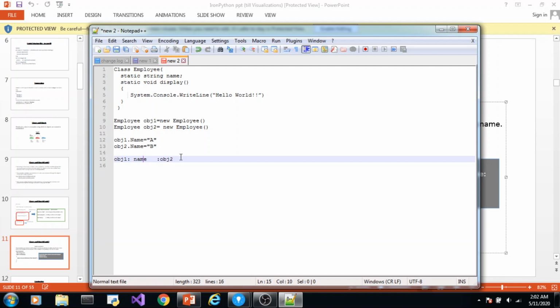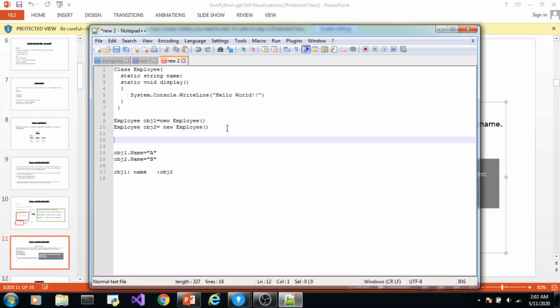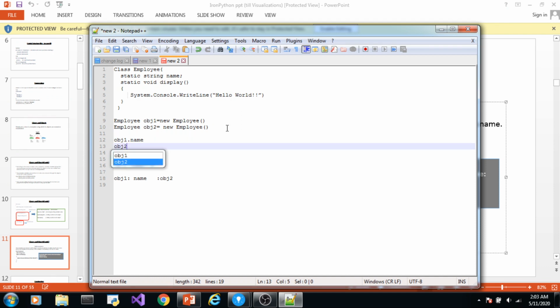Okay, before that, let me tell you how this variable is accessed. One way is through this object, as we did. How are the variables or members of a class accessed? Through its object: object 1 dot name, object 2 dot name.